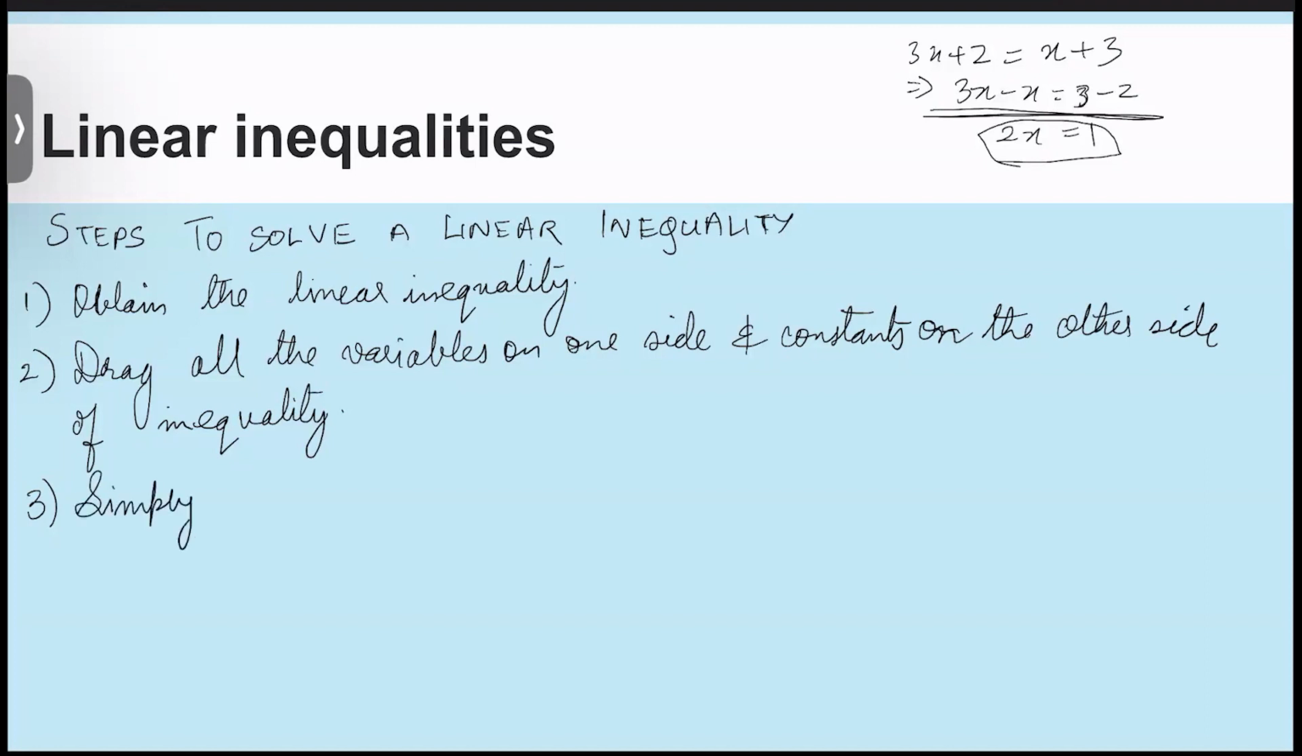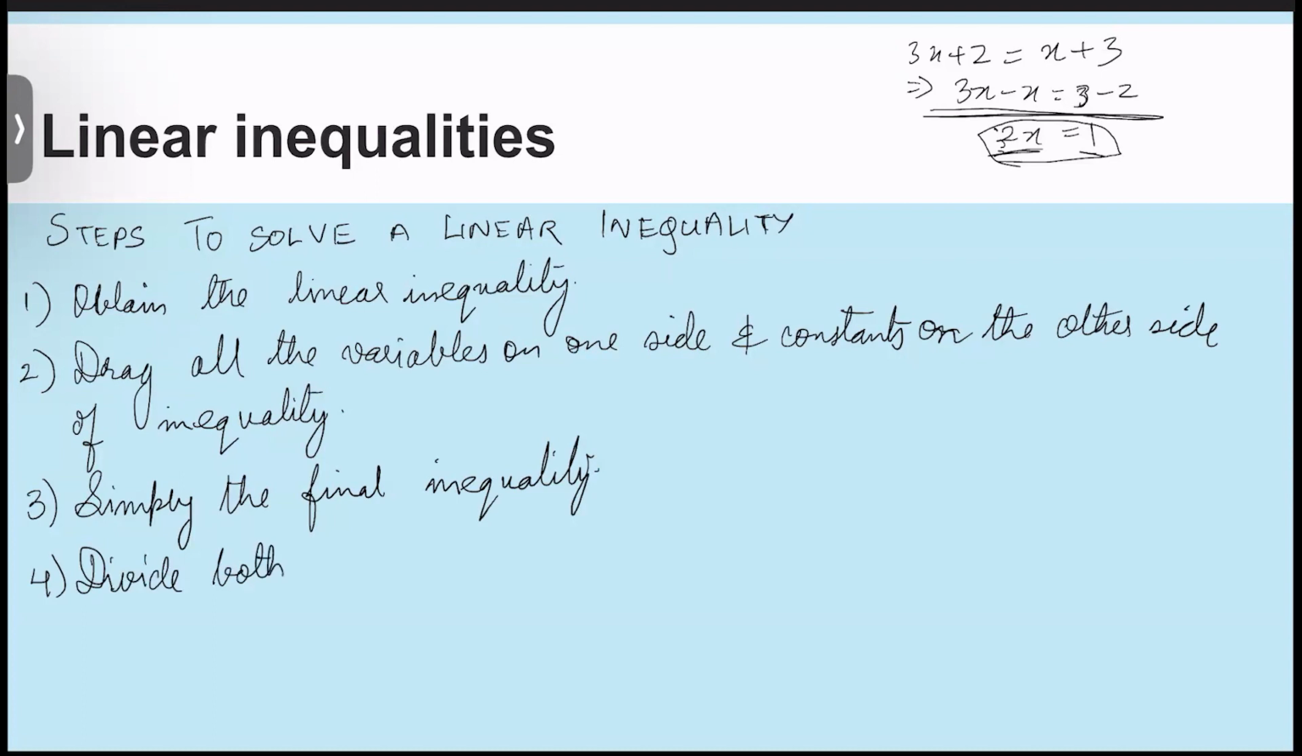Okay, so you simplify. Either you are left with just one variable term, and on the other side we have one constant, similar to how we get it for linear equations. So simplify the final inequality. Now for the fourth step, what you can do is divide